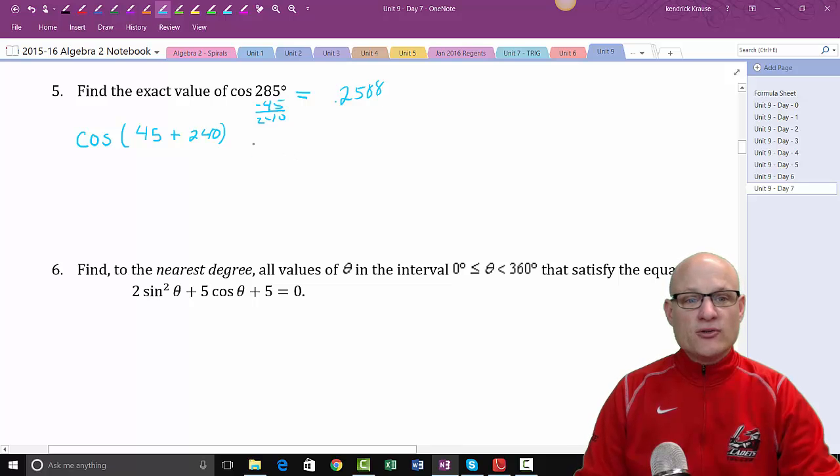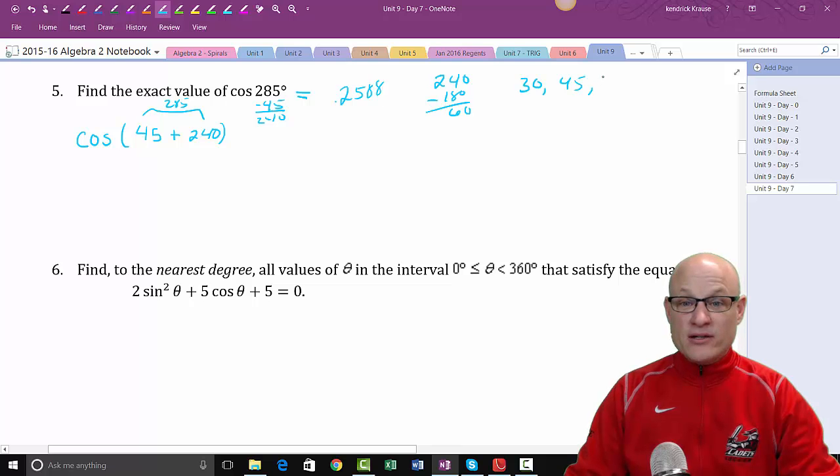240. Those add up to 285. All right. And they're both good angles. Why is 240 a good angle? Because 240 minus 180 is 60. And the angles we want are 30, 45, 60, 90, or 180 if we want those, or 90 or 0 too. So, all right. So this one is cosine